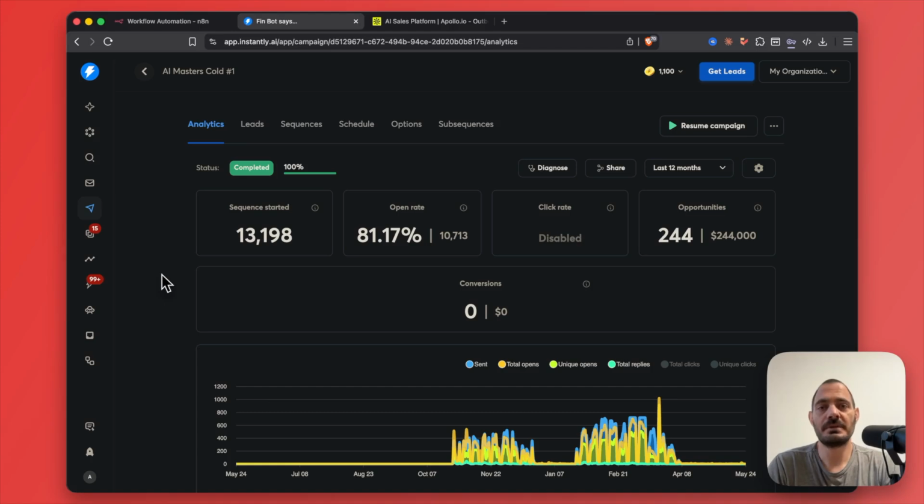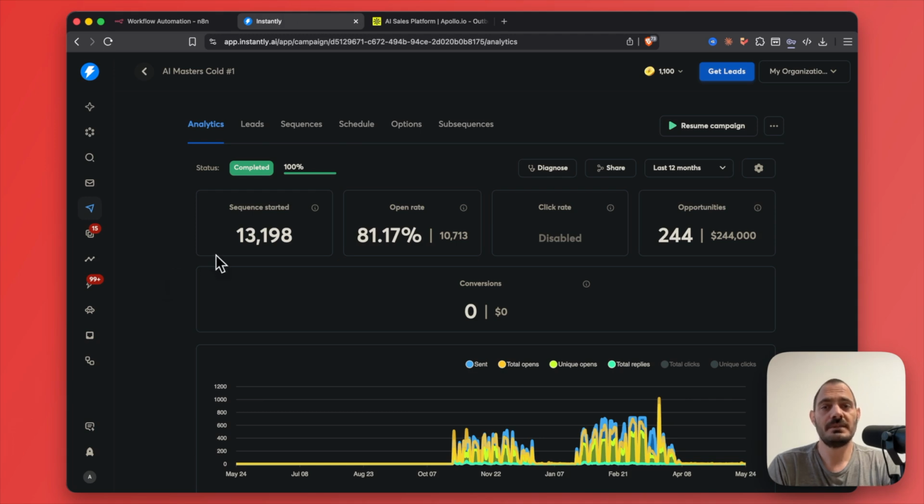How to set up a personalized cold email automation. This is what we are going to cover in this video. I'm going to show you how to get leads, how to build an n8n automation. I'm going to give you a template that you can download and start building your automation faster. And also I'm going to show you how to set up Instantly AI to start sending cold email automations at